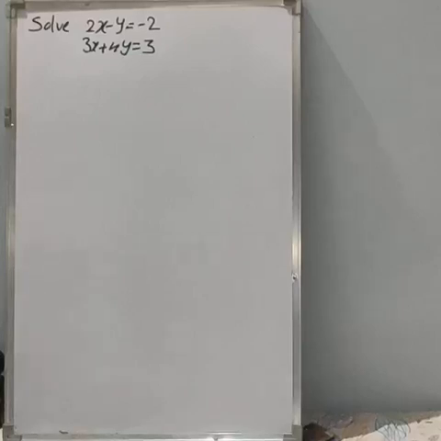So in the last class we have seen how to solve the system of equations using the matrix method, right? I think I have told how to find the adjoint of A and the inverse of A, and I have solved one example also. So in this class again we will see examples based on the matrix method. Okay. So what is the first step?